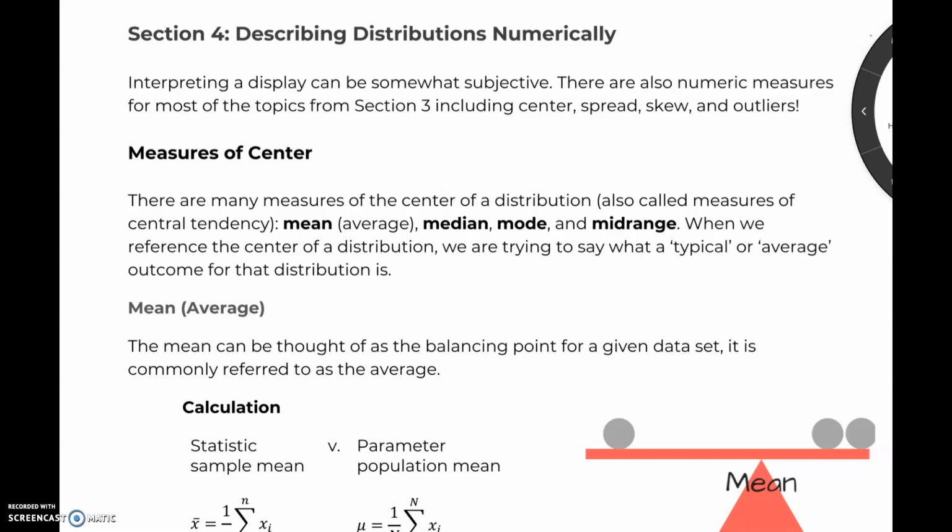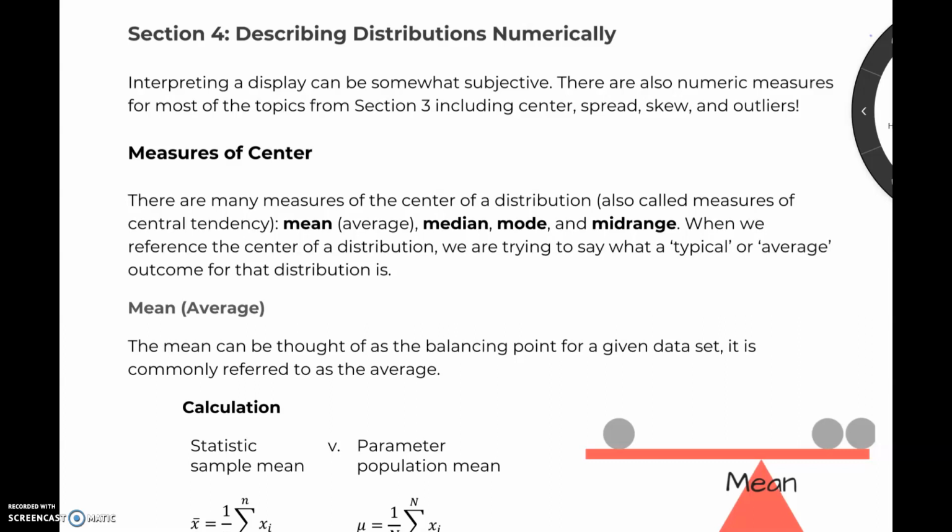In the last videos, we started looking at the measure of center. Now we're going to dive a little deeper into the measures of center. So before, we just looked at, hey, what is the largest peak in our data? And that was our mode on the histogram and the most frequent value. But there are different measures of center, and depending on what kind of distribution we have, one's going to be used